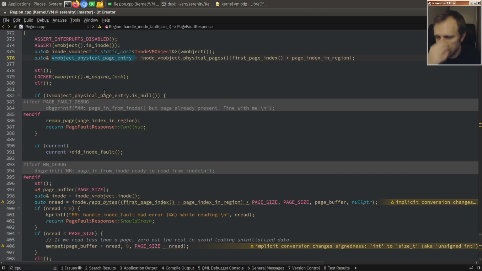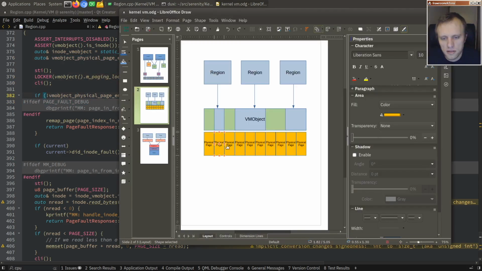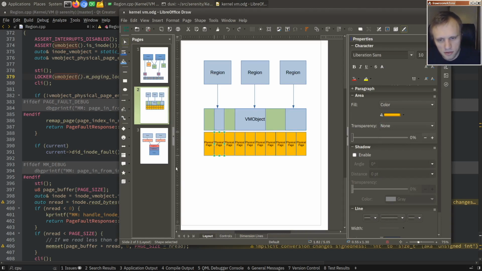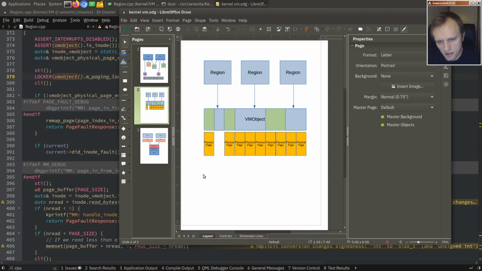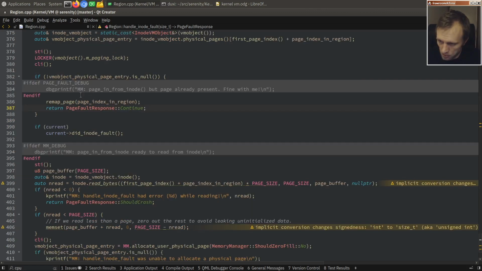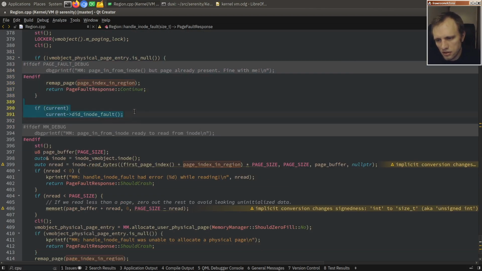And then after we acquire the lock, we have to check if it's non-null, because if somebody had the lock and took care of this specific fault, so we just raced here, then somebody may have already populated this slot, and if so, we just return, basically. We say, okay, fine, I will map this page that you provided into my page table as well, and then just continue. But if that didn't happen, which is the common case, then here we just log a little